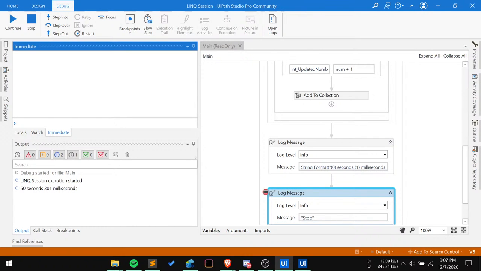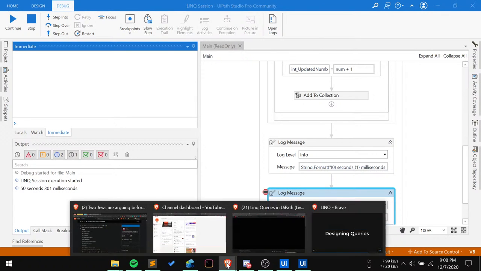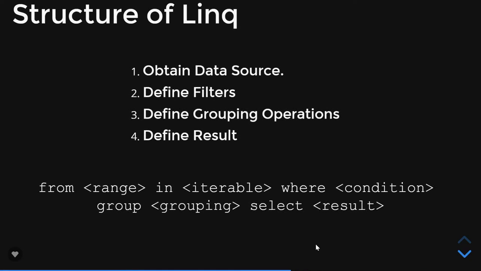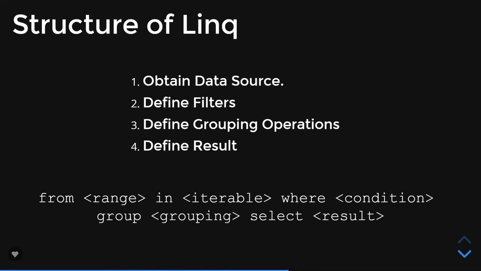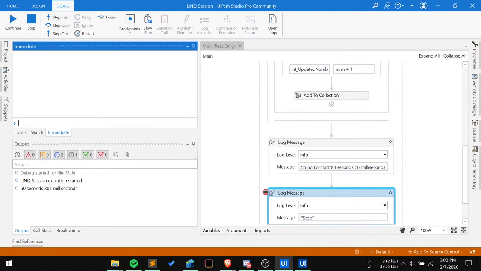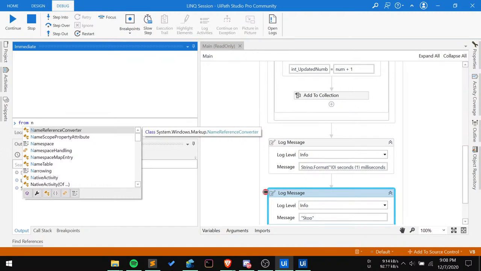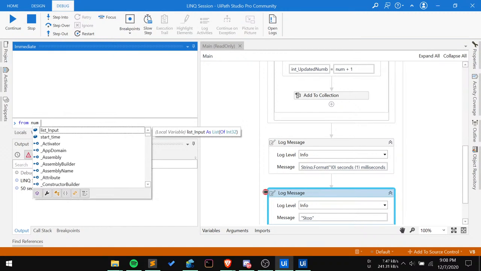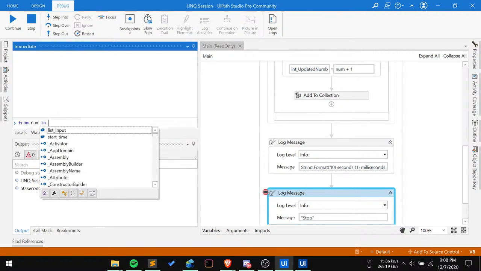Okay, so coming back, let me show you the structure once more. It starts with from, then we have to define a placeholder, then we have to define the collection, and finally we have to say what we want to select. So I will say here from, let me call my placeholder num, because we are dealing with numbers. You can call it anything that you like. From num in list,